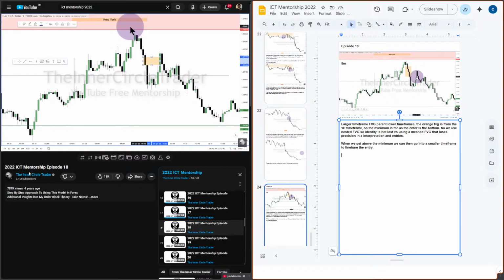Then we rallied up and we hit the level that our bias called for. In other words, I'm looking for this level to trade to before I go short. So I'm not taking anything in London. I'm not worried about anything in London because London didn't give me the initial rally higher into this area. When does it go up here? It's going up here at 9:30 in the morning New York local time. So it hits that level. It's a really rich premium. And I know my discount level I'm looking for, targeting.